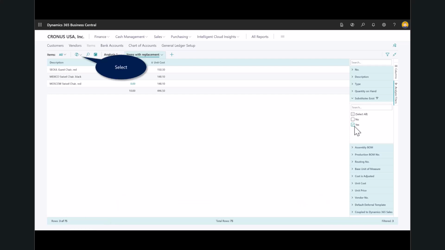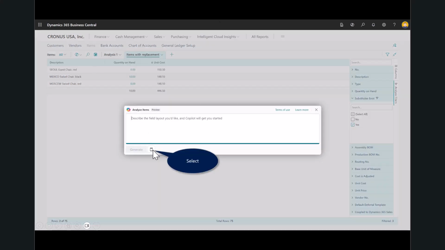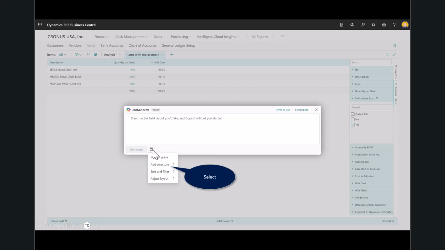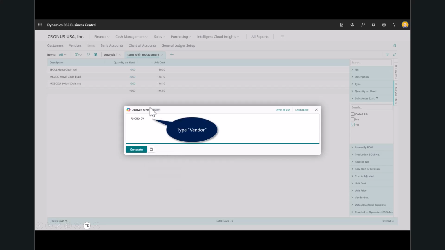So I'll select keep it, and I'll go ahead and select Copilot here. And I'm going to create a new analysis, and I'm going to use the prompt guide. Again, we saw this in some of the earlier videos where the prompt guide just helps end users get started. If they're not sure what to ask, they can use the prompt guide here. So for example, I'm going to add, I want to group my list by. So again, I could type that in easily with the group by, and I'll type in vendor, and I click